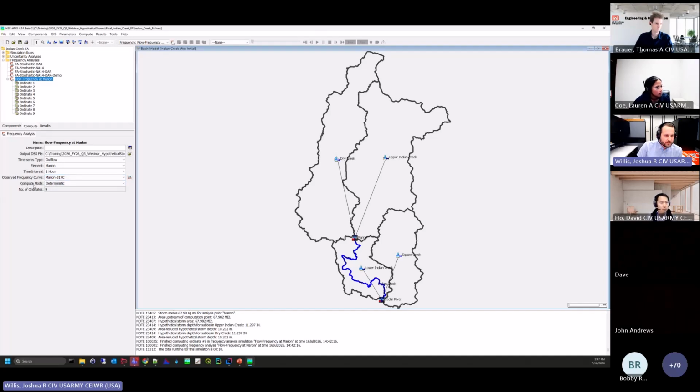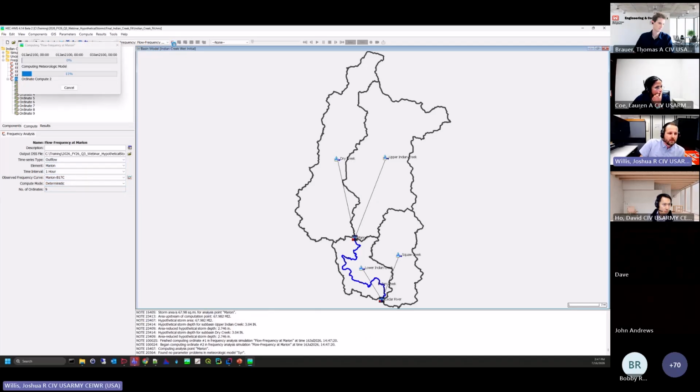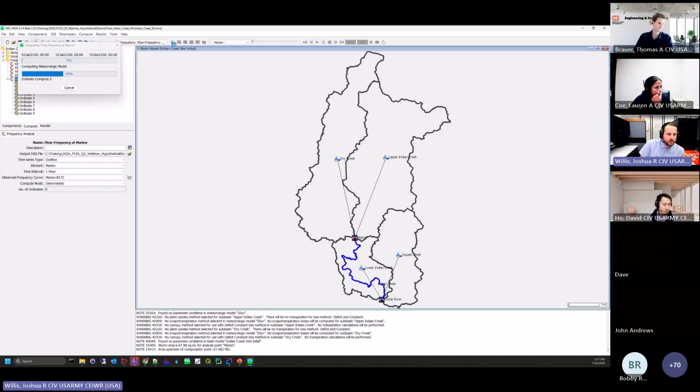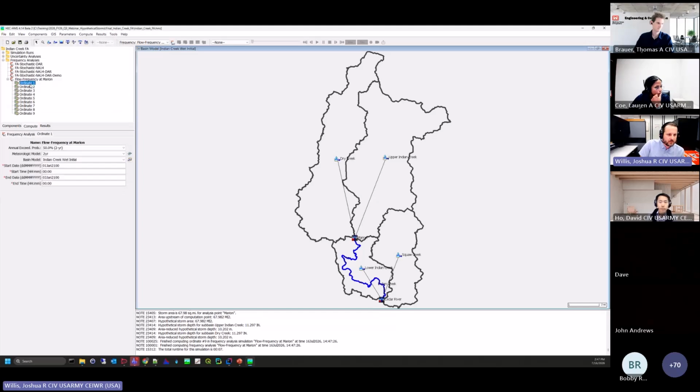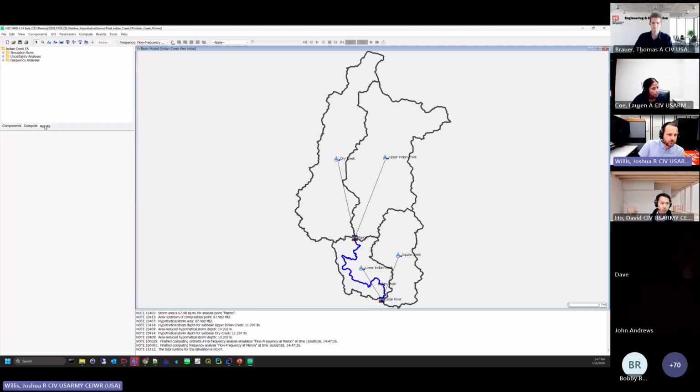And then a second difference you'll notice here is there's now a compute mode. So the previous compute mode was deterministic, but now we've added a stochastic option. So I'll compute this deterministic frequency analysis, which computes pretty quickly. I have 9 ordinates set up, and each ordinate represents a frequency. So in this ordinate 1, I have the 2-year event, 5-year event, all the way out to the 1,000-year event. So I'm going to go over to results